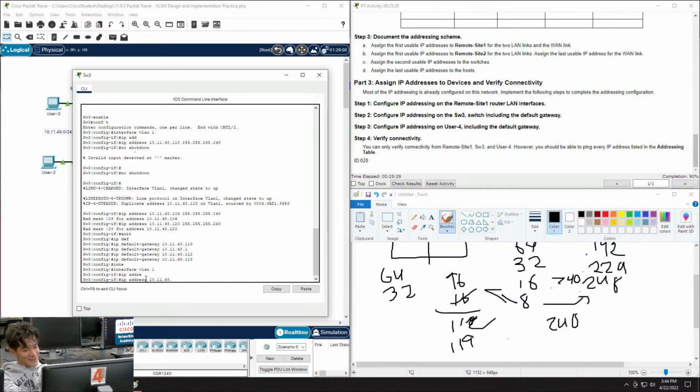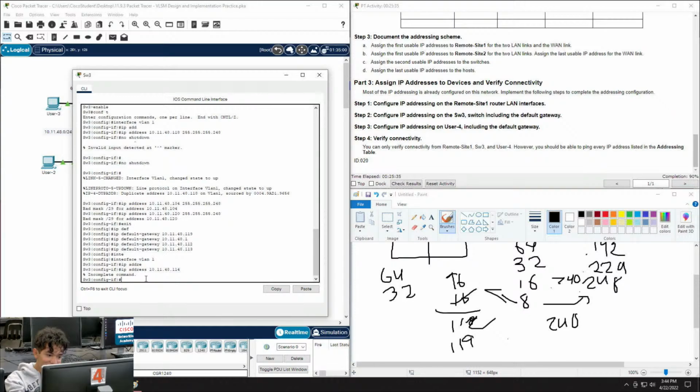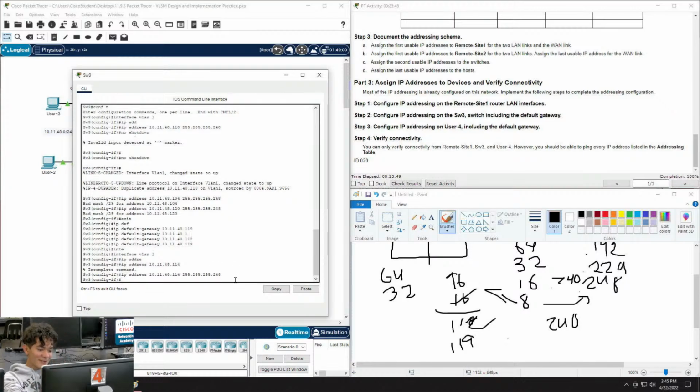The second usable to 112 would be 114. Let's try that. I didn't type in the subnet. Okay, 255.255.255.248. It should be 248. There you go. That's how you